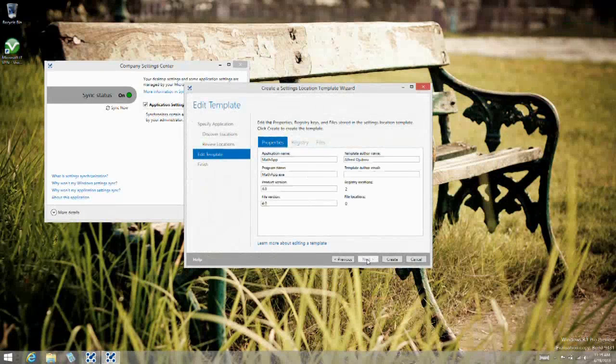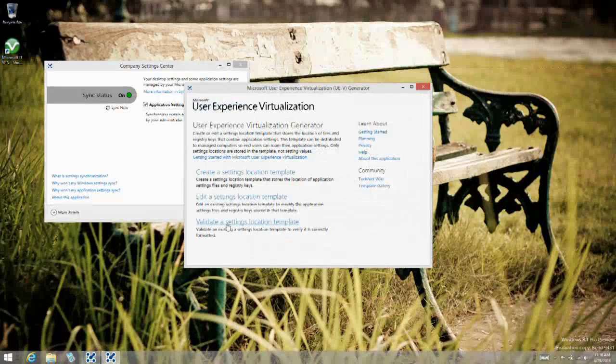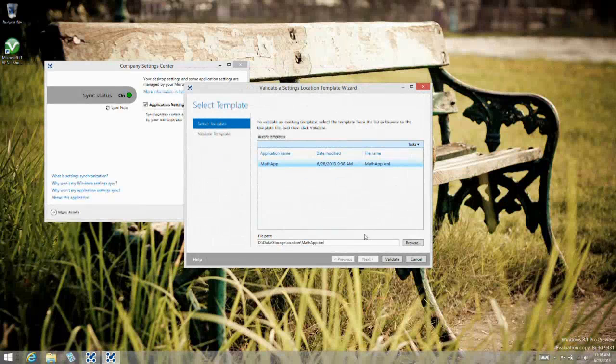So that's a little snippet of what UEV can do and how it integrates well with App-V. Again, as Steve mentioned, when the App-V application is pushed down and the UEV settings are pushed down, you capture the settings for the App-V application, and as the application moves from one system to another, the settings move as well. One more point: you don't have to go back through the entire process. You can modify that XML, and there is a validation for the XML file to save some time. And that's right here, if you need to validate it.